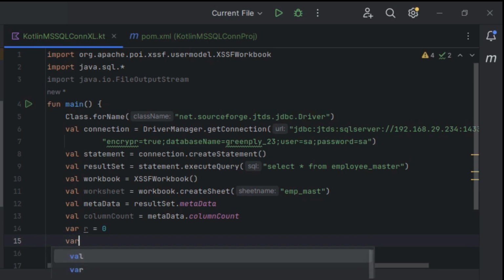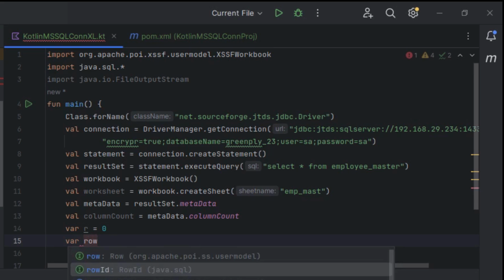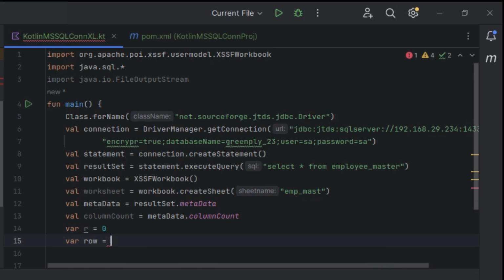Now what we will do, we will use a var row equal to worksheet dot create row. In this create row, we will put r. So r has a value of 0. So now it will do worksheet.createRow(0). That means it will create the first row, that is at the place index 0. Okay, so next onwards it will be row 1, row 2, row 3, row 4, and we will come to